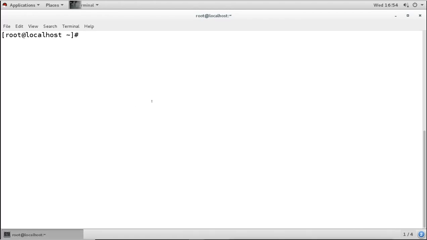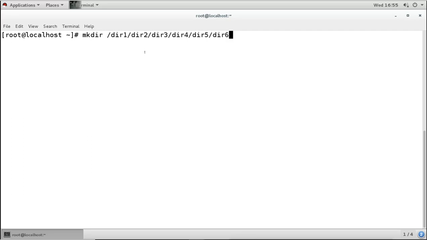But we can do it from the command line. We can run a single command to create all the directories. For example, mkdir, I want to create a directory under slash, and the directory name is, let's say, dir1. Now under this dir1, I want to create one more directory, dir2. Under dir2, I want to create dir3. In dir3, I want to create directory number 4. In that I want to create this, and in that I want to create this.